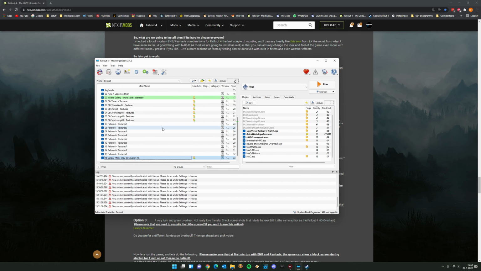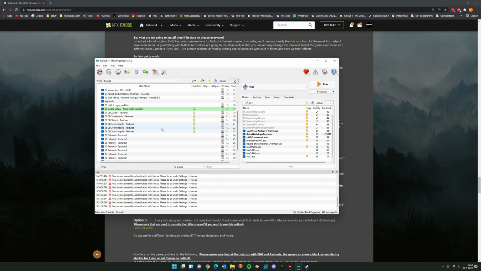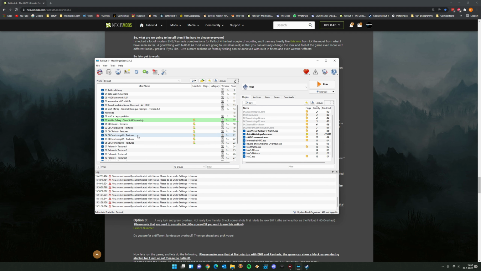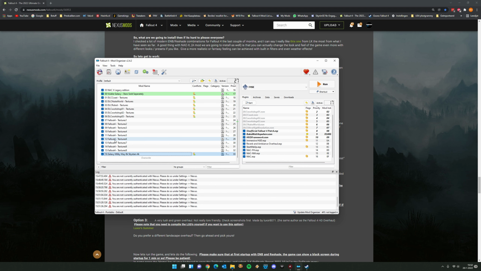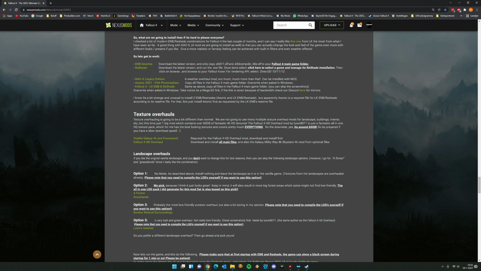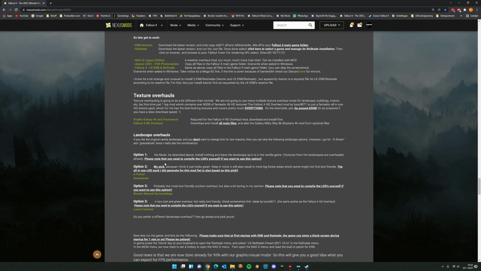All right, once you finally finish with all the texture downloads and installation, you should have something like this in this order. And then we can continue with another big overhaul, and that is the landscape, because as you know, the Fallout 4 default landscape is not that vivid, not that lush as it is in Skyrim, for example. For that, this is, except for the ENBs, probably also the biggest subjective thing you can have, and that